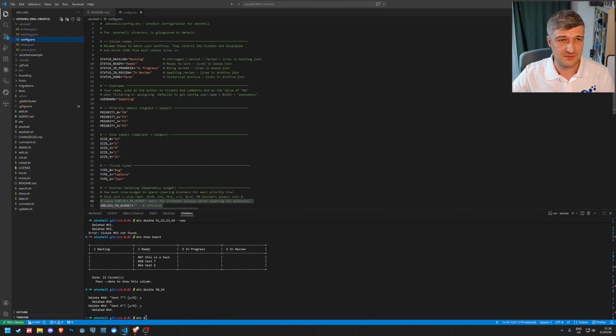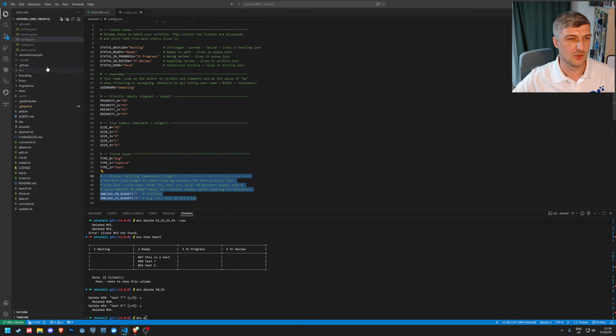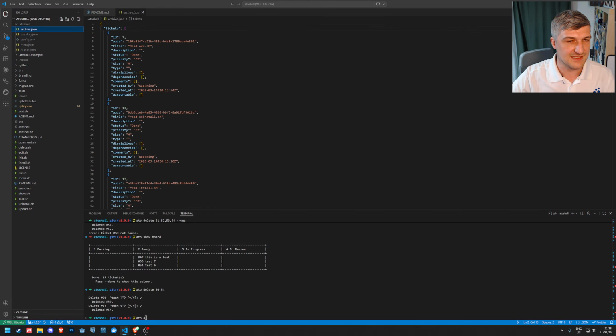The config environments, where you can see, oh yeah, you can name the 5 things, the username, the priorities, you can name your sizes, you can name the tasks, and then this budget, which we'll come back to in a minute. Inside of archive,